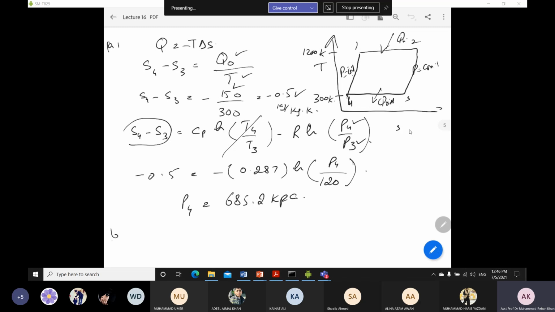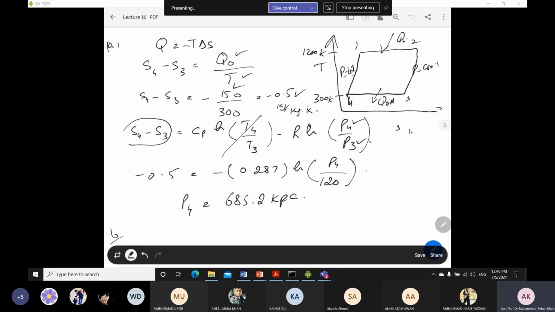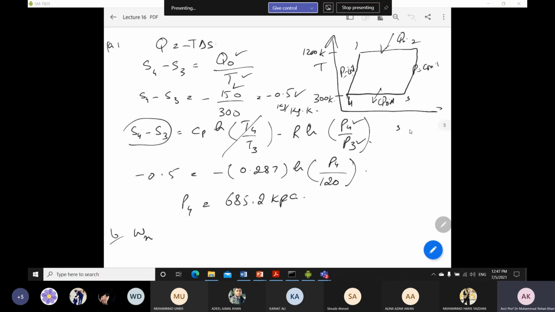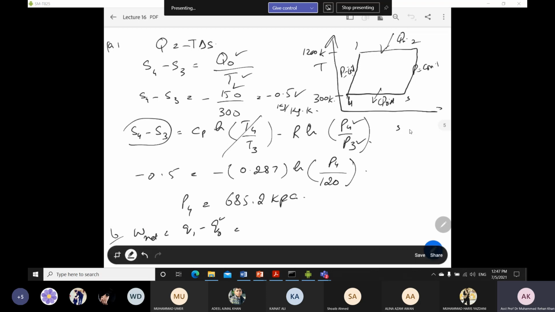So now coming to the solution of part number B. In part B, we have to find the total work, which is W net. For W net, you already know that W net is equal to Q in minus Q out. Now Q out is known to us, and Q in we have to find. So in order to find Q in,